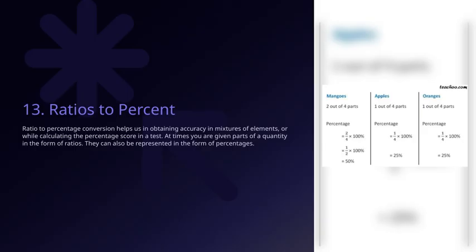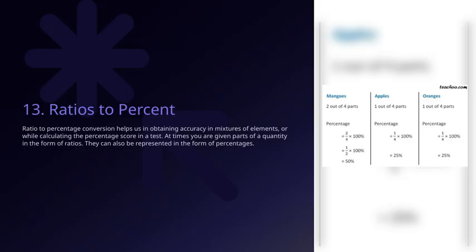Converting ratios into percentages is an essential skill because it helps us achieve greater accuracy, especially when dealing with mixtures of different elements or calculating percentage scores on tests. When you're given parts of a quantity in the form of ratios, understanding how to convert them into percentages makes the data much easier to interpret and compare. This conversion process is quite useful because it allows us to express ratios in a more familiar and straightforward way: